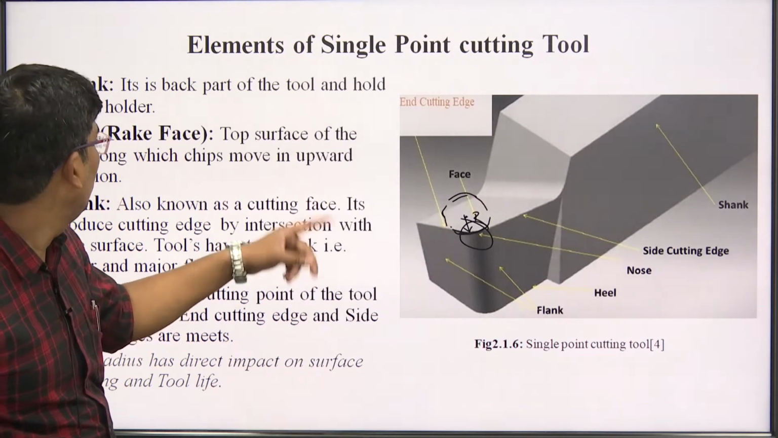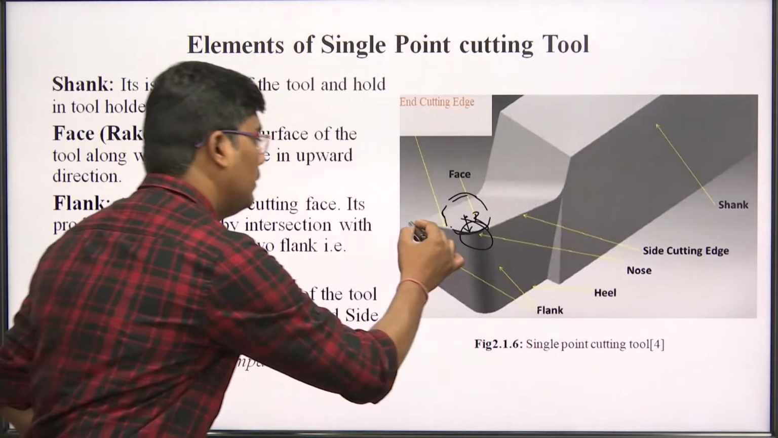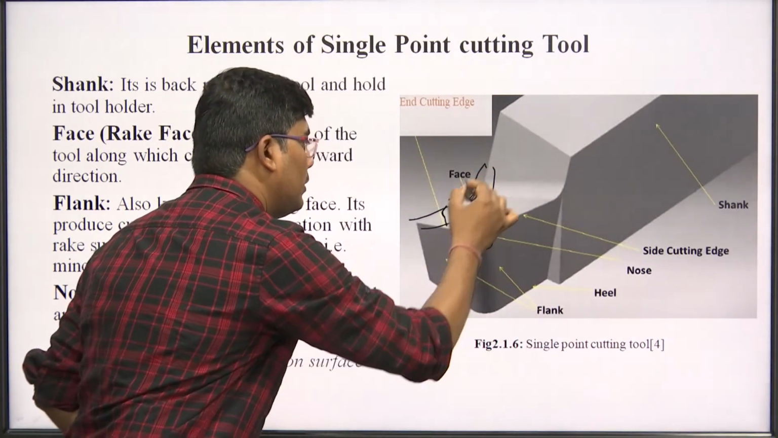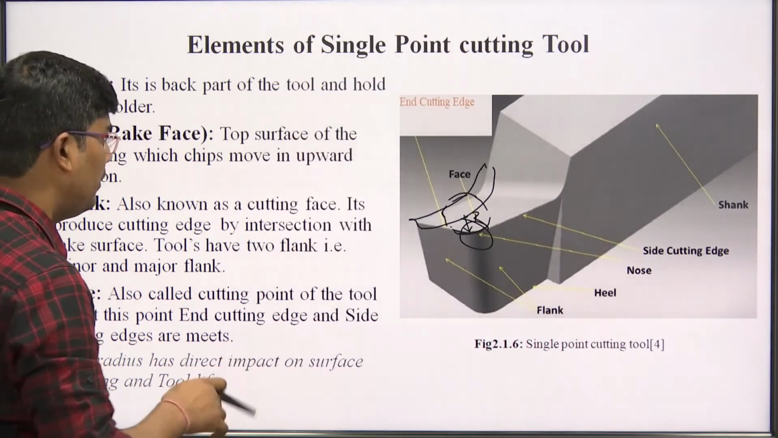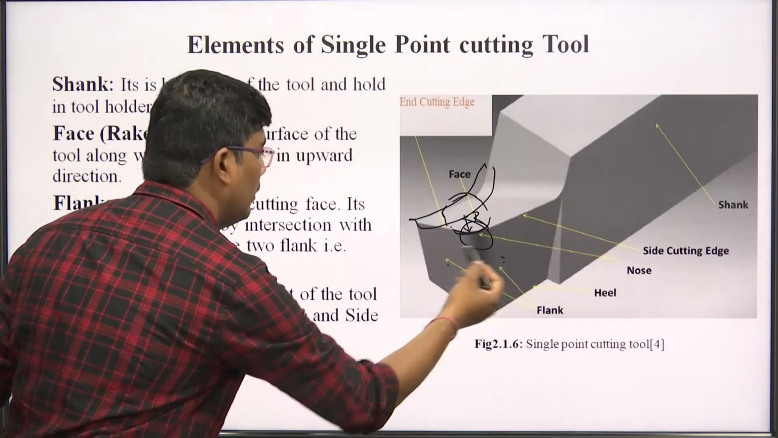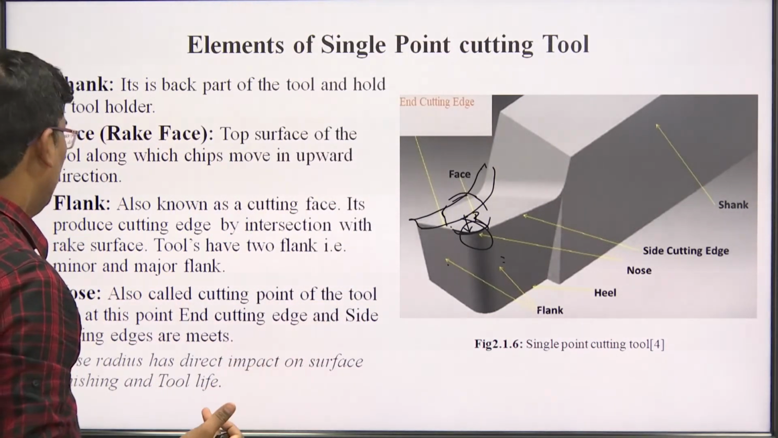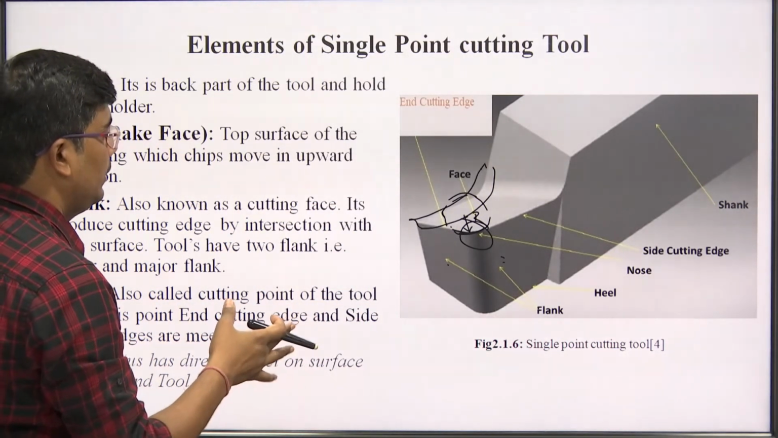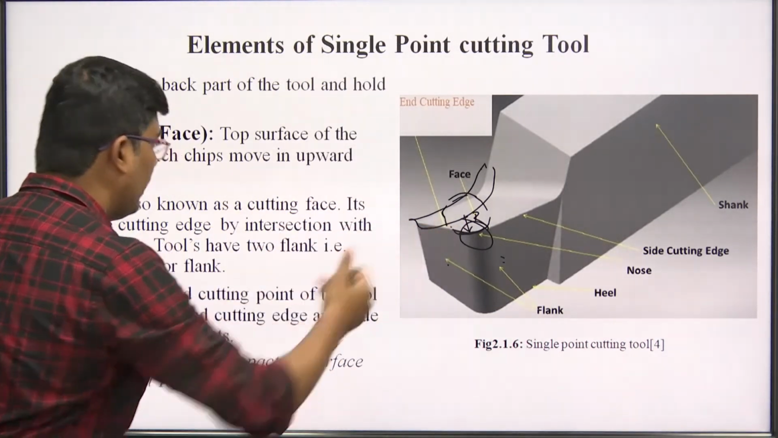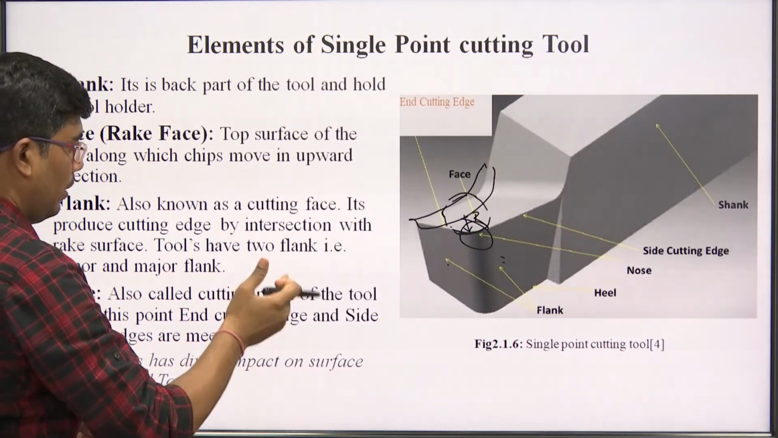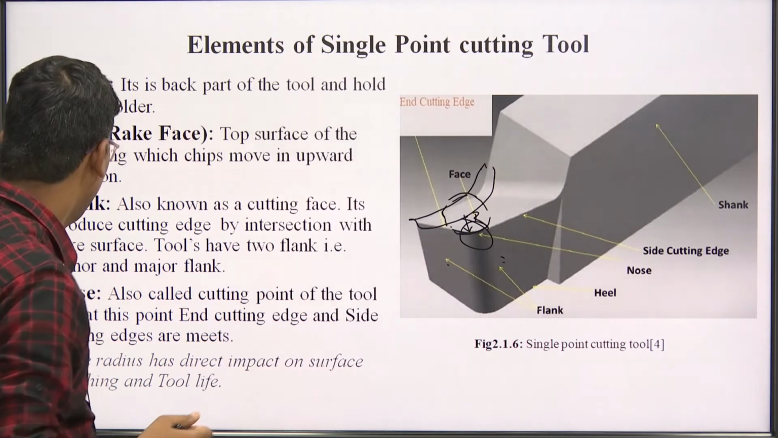Face, रेक फेस जिसे कहते हैं, top surface of the tool along which chips move in upward direction. यहाँ से चिप्स अपवर्ड डायरेक्शन में मूव करेंगे, this is known as a rake face. फ्लैंक, ये कटिंग फेस है जिसे फ्लैंक कहते हैं, और जिस साइड से आप कटिंग करोगे उस हिसाब से फ्लैंक चेंज हो जाता है। ठीक है, एक को माइनर कहते हैं, एक को मेजर कहते हैं। जो आप रिलीफ सरफेस की बात कर रहे थे, वो वही फ्लैंक का पार्ट है जो टूल के लोअर पार्ट में और साइड्स में होता है, वर्कपीस मशीन सरफेस के ऊपर वाला पार्ट रहता है।